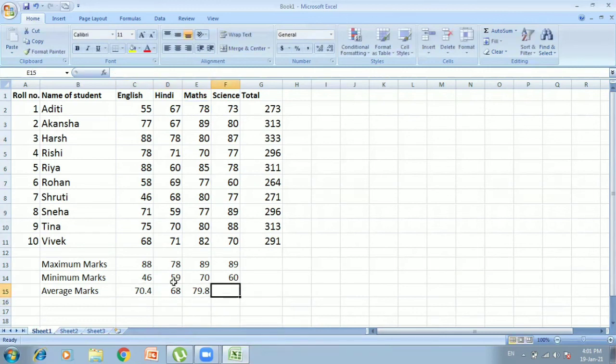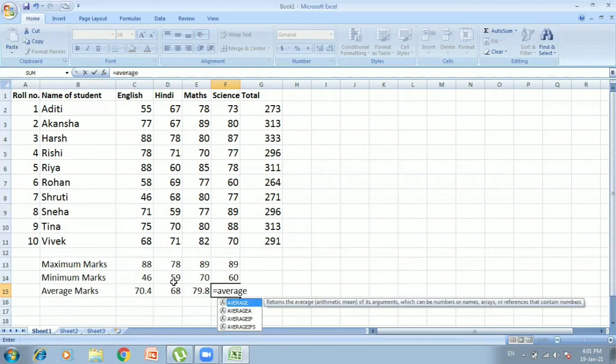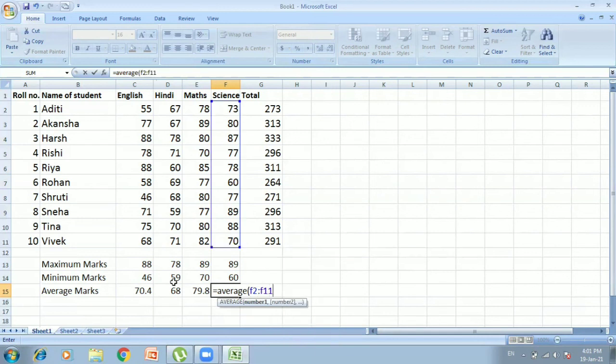So here 79.8 is the average mark for maths subject. 77.9 is the average mark in science for whole class. Okay, children? So this way you can do the calculation.